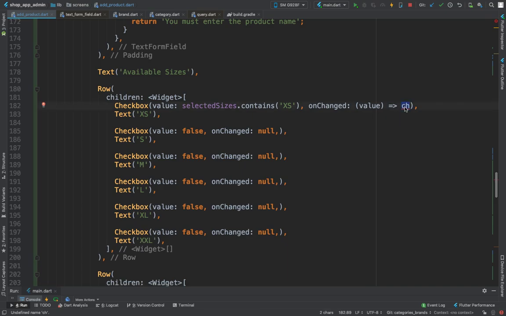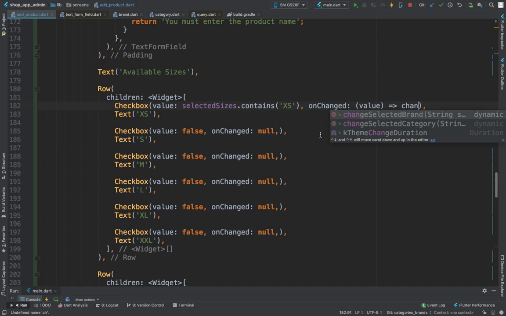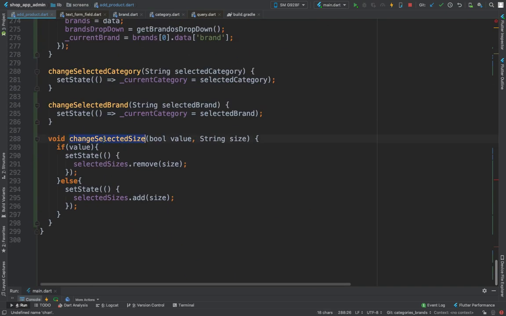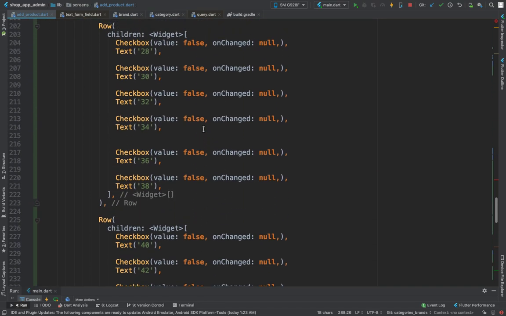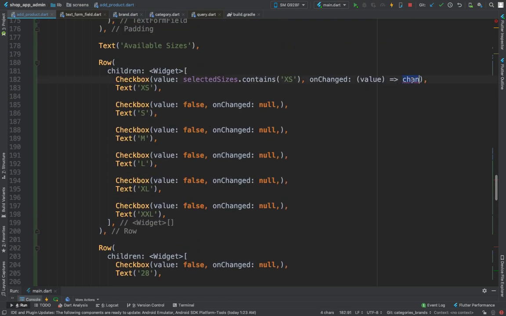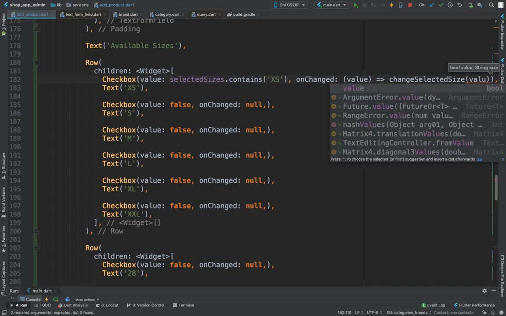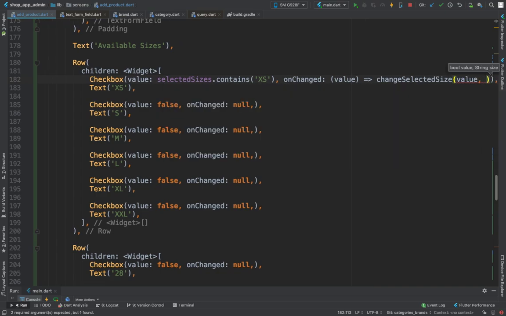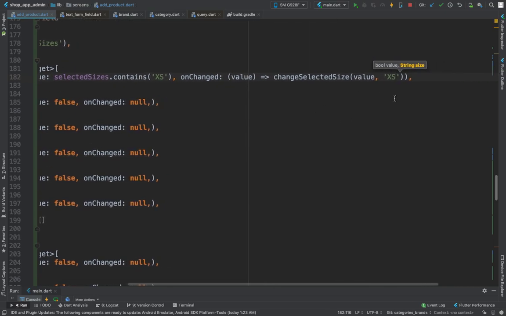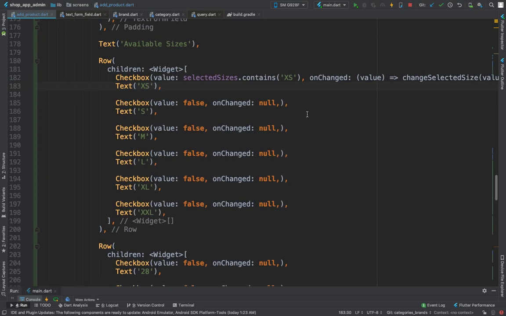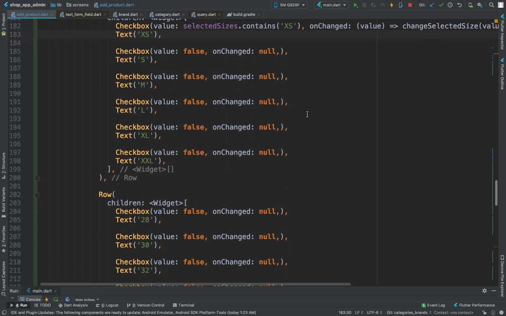Now let's go back here, and here we're going to return change, what's the name of our method? Change selected size value, and this method is going to take the value and a string, which is the size name. We are going to give, for this case, this. Okay,